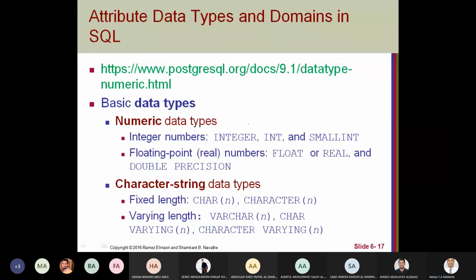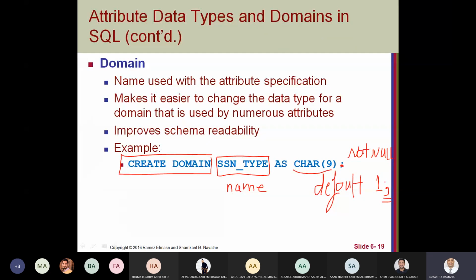Then domain, it's like we are creating our own data type, and we can use it instead of any data type.